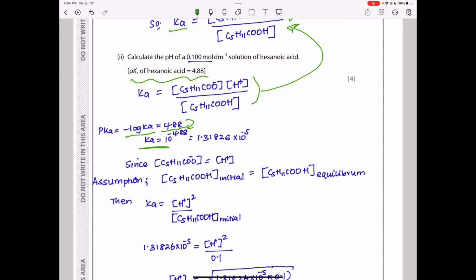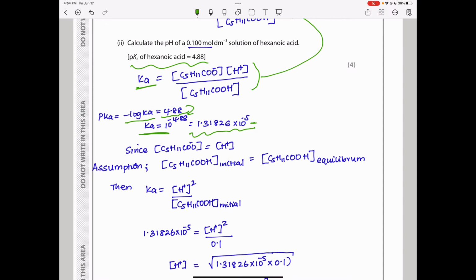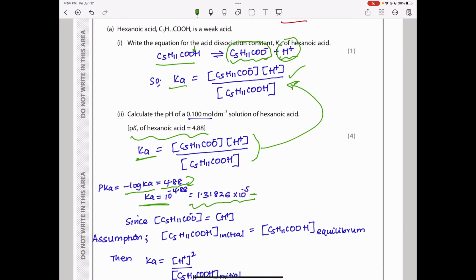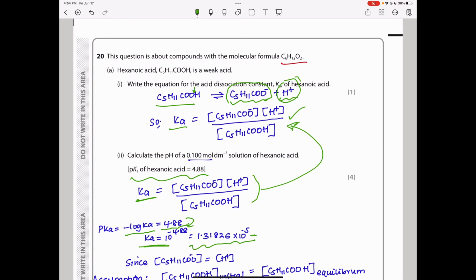And when you use your calculator, you get this value. So this is the Ka value. I can be free to substitute this in this part here. And then also, I need to make sure that you show the examiner that, because, let me go back, the acid as well